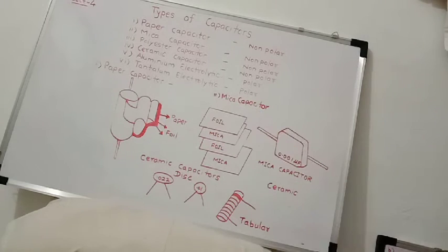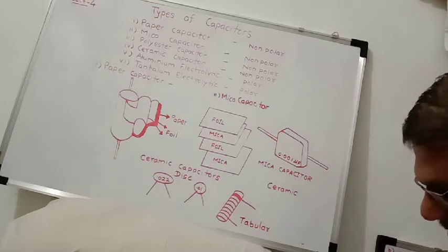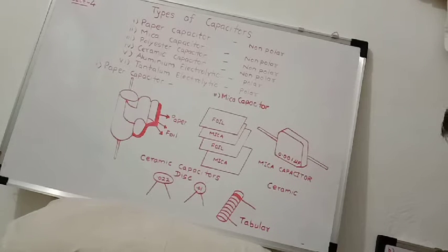So it is called a paper capacitor because paper is inserted in between two metal foils. Two metal foils are used as conducting surface, and paper is used between them as an insulating material. So this is called a paper capacitor. It is manufactured by rolling two thin metal foils. Thin means patal. What is foil? Foil is a long strip of metal.